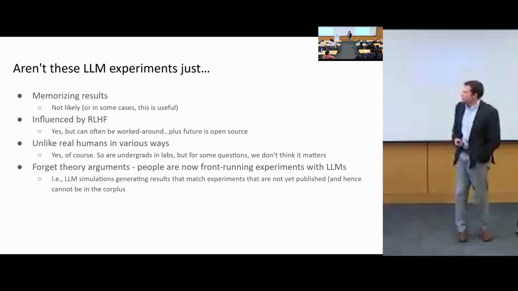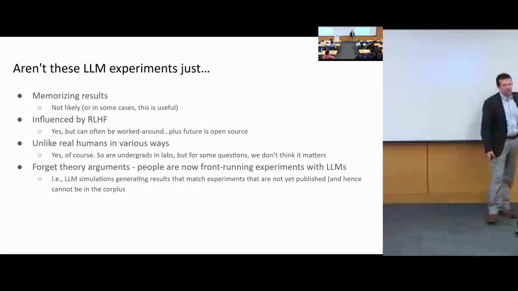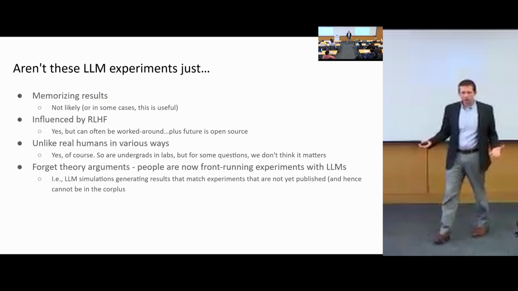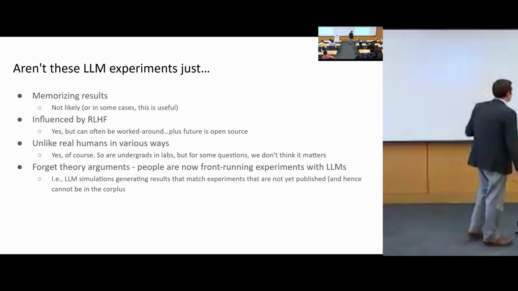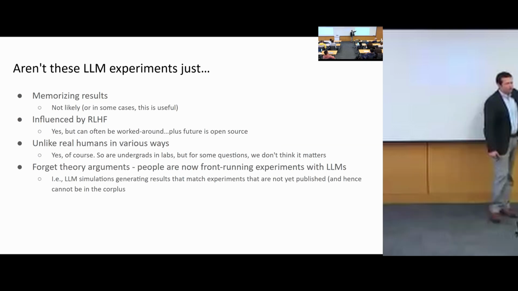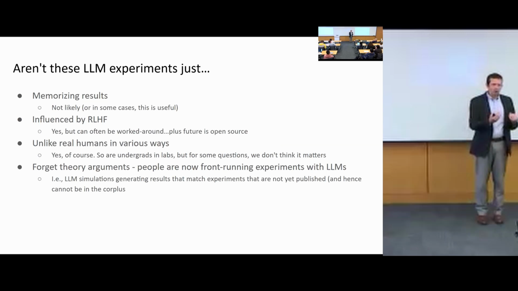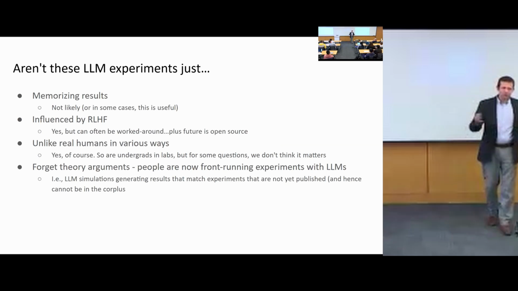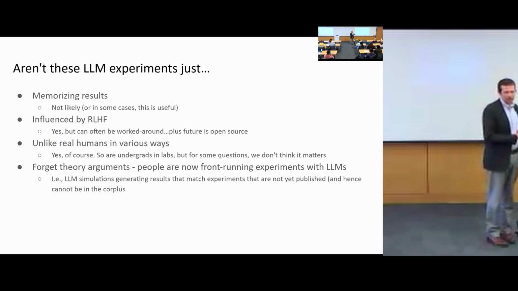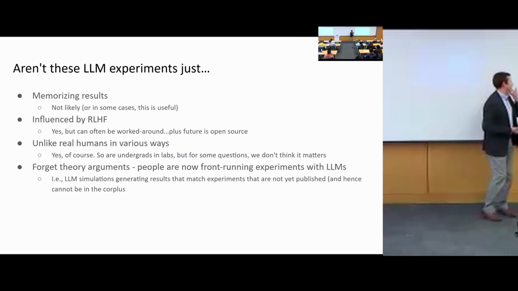But you might think, well, aren't these just memorizing results? Maybe. That paper was certainly in the training corpus. Is it just regurgitating, like it knows what the right answer is? I think it probably varies quite a bit with how famous the paper is, and there's probably a real opportunity to do some work to quantify it. For certain applications, though, if it's memorizing true social science findings about the world, memorization is our friend if we're using it for prediction. But I'll talk more about that later.